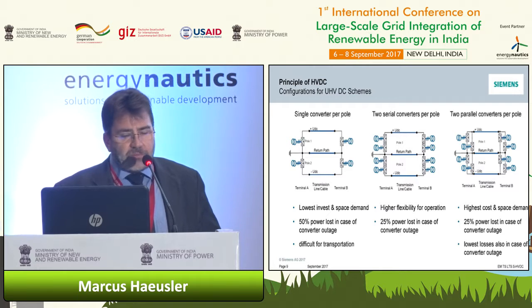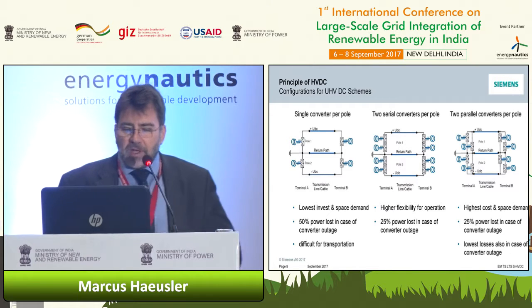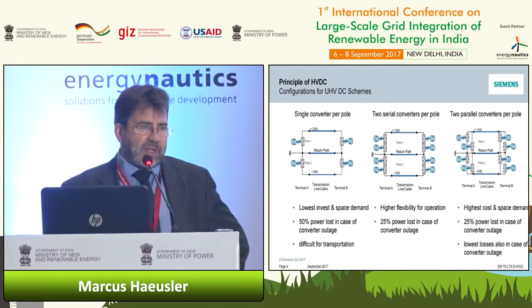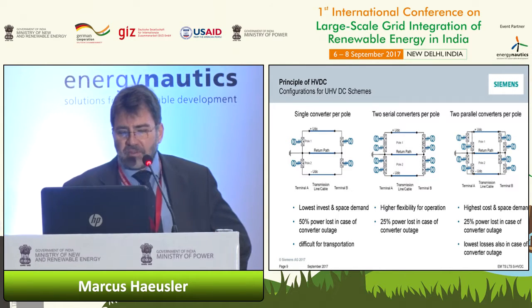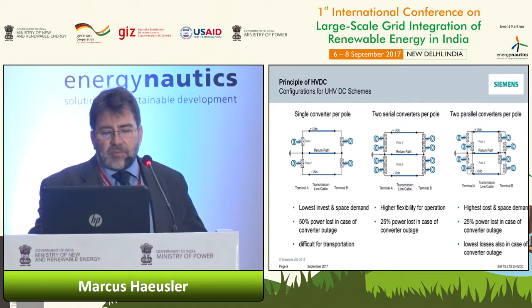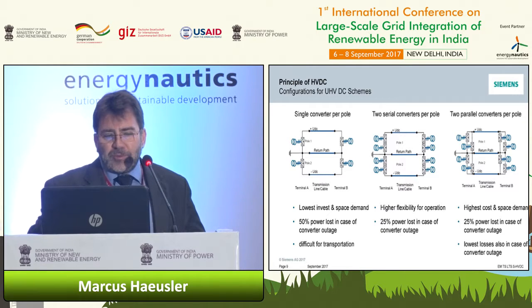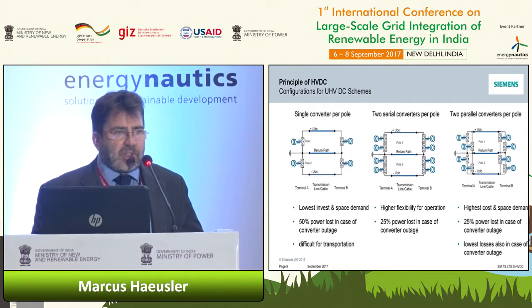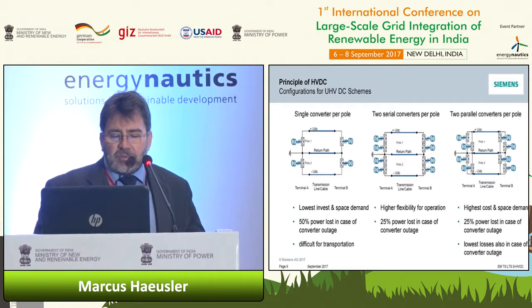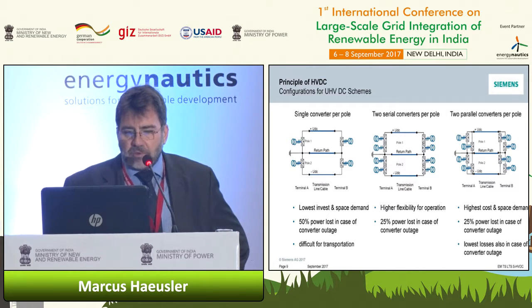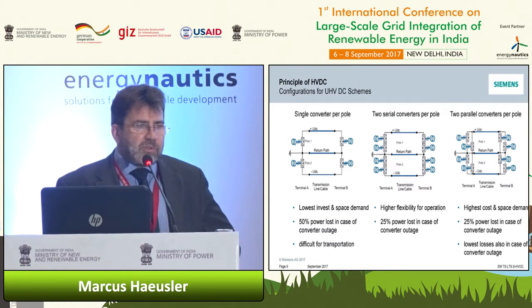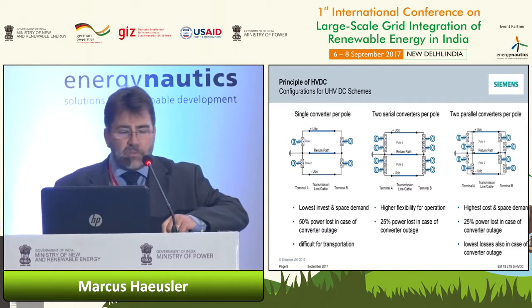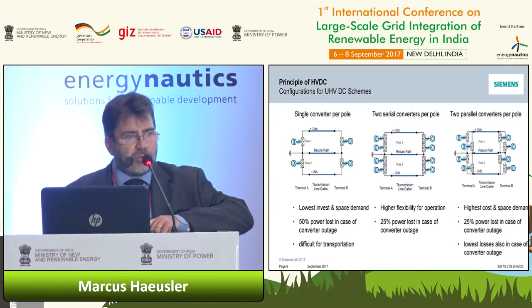There are different ways in practice how to construct an 800 kV scheme, and all of them are applied somewhere in the world. On the left-hand side is the most simple one. It's well known to you. It's just the bipolar scheme I mentioned before with a metallic return conductor. We are currently constructing such a scheme in Brazil to transport also a large amount of hydropower. It's the most economic way because only 2 converters are needed for each converter station.